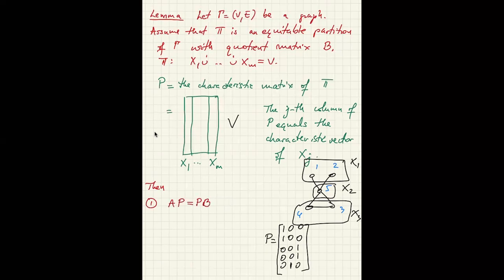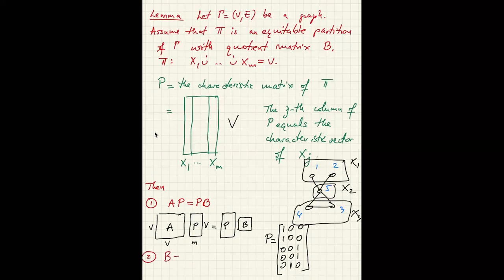times B. So the way you can think about it, A is a big matrix. So it's N, it's V by V, V is large, N. And then P is kind of a tall matrix. So it has M here and it has V here. And so this product will equal this tall matrix times a small matrix B. So this is B, this is P, P. Okay. And the second part will follow easily from the first, but it looks a little bit weird,